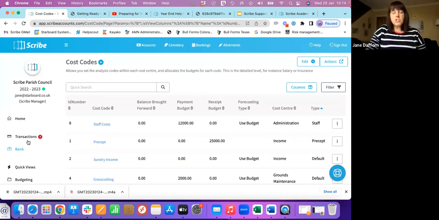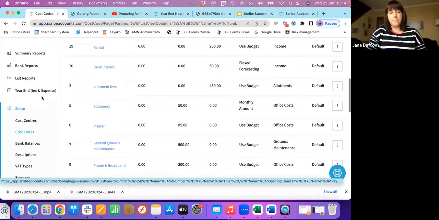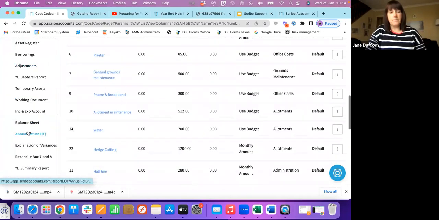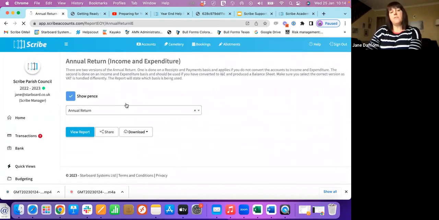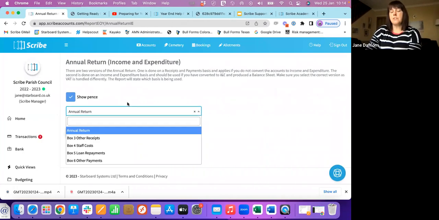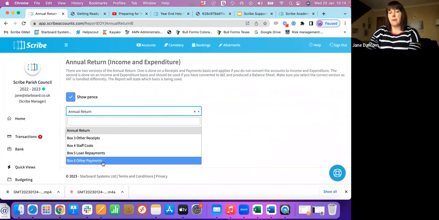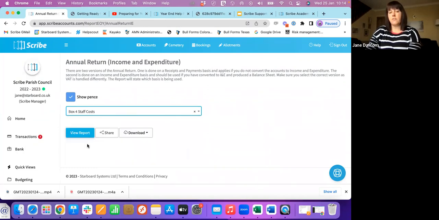So another good check as well at this point, if we go back to the annual return, at the top here, you've got the drop down that says annual return. You can also check what transactions have gone into those boxes. So as you can see, you can select your other receipts, staff costs, loan repayments, or other payments. So if we select the staff cost box and run the report,